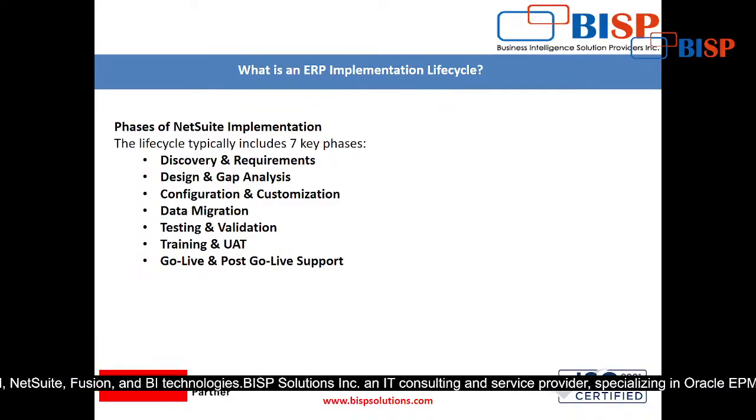The functional team will check whether this functionality is already given there. So this is the second point that comes into the picture: design and gap analysis. Suppose the business analyst has explained that this is our order to cash, this is our purchase to procure, this is pricing, and this is return material authorization, everything. Now the business analyst will communicate with the team, and the team will say, okay, this completely works